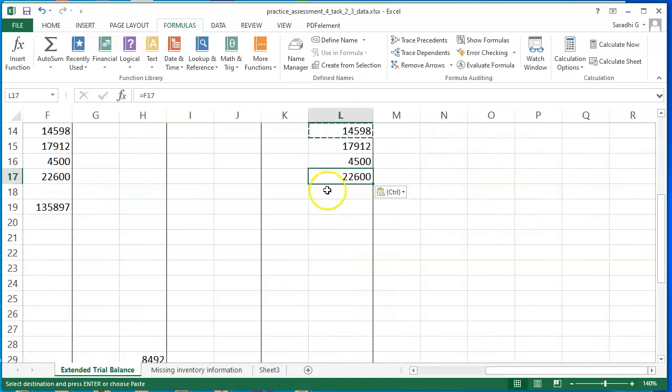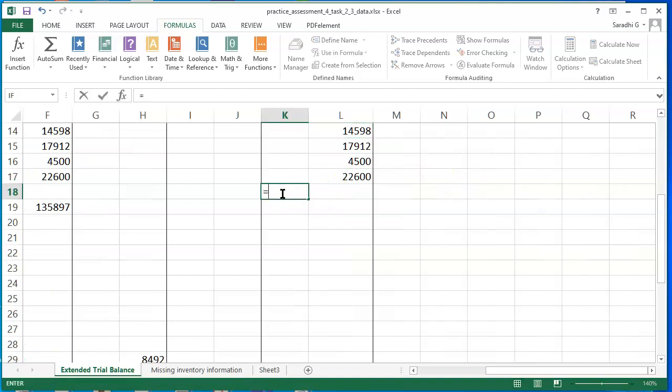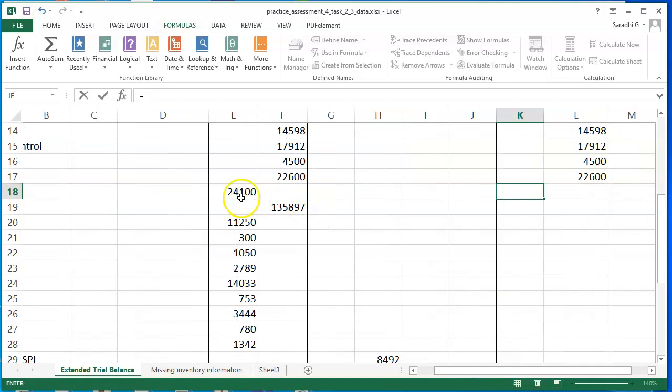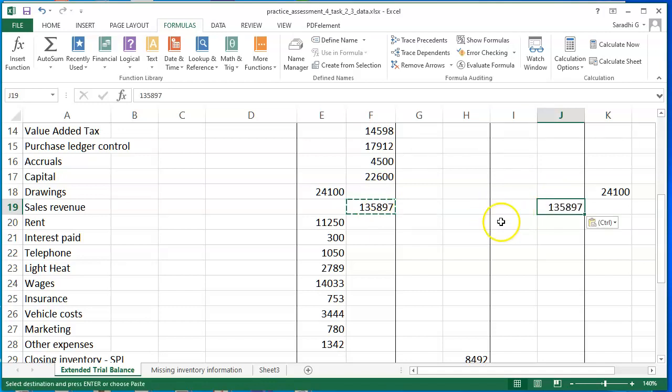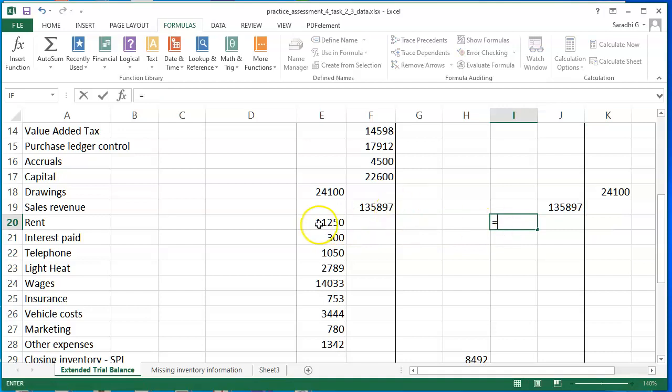After that, drawings. After the drawings, we have sales, which is your SPL credit. Then we have rent. And all the remaining items are expenses, so you can just drag it down up to here,